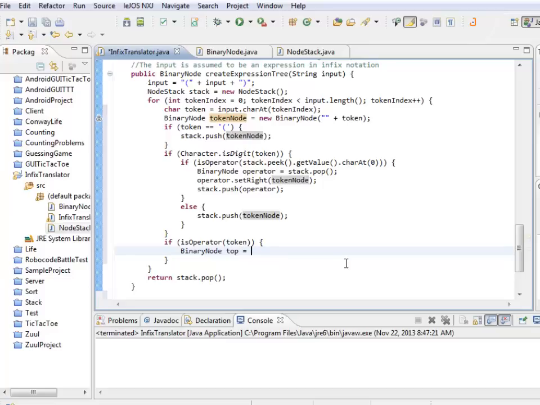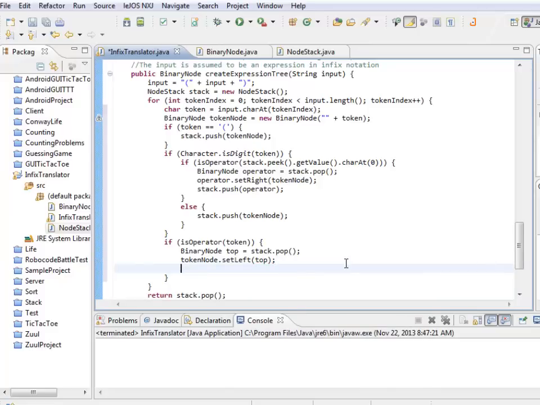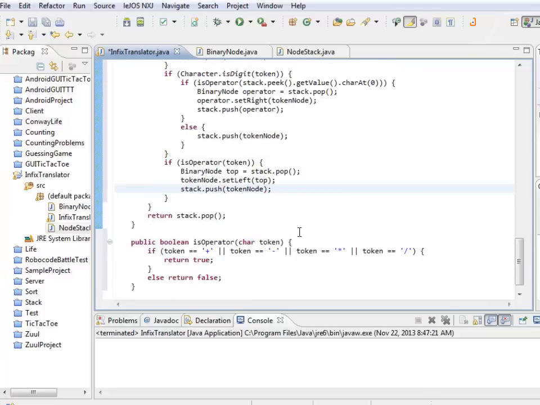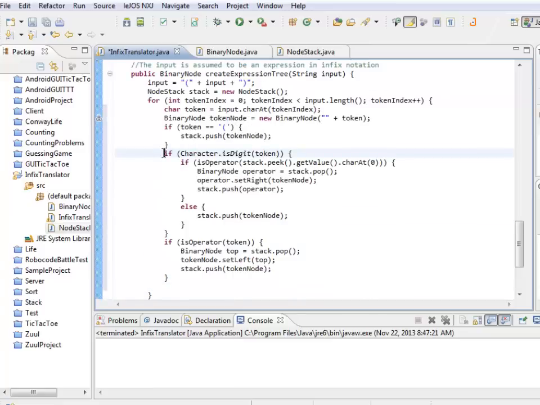Node top is whatever's on there. And we're going to make that the left child of the current one, push the token node back on. Okay, and finally, so this is an if statement, else if that,